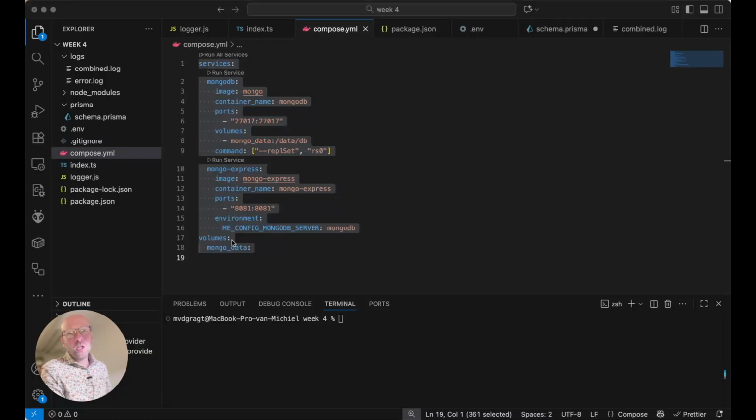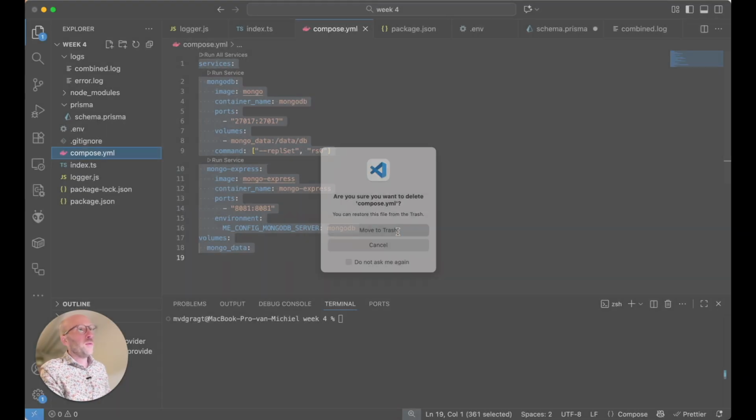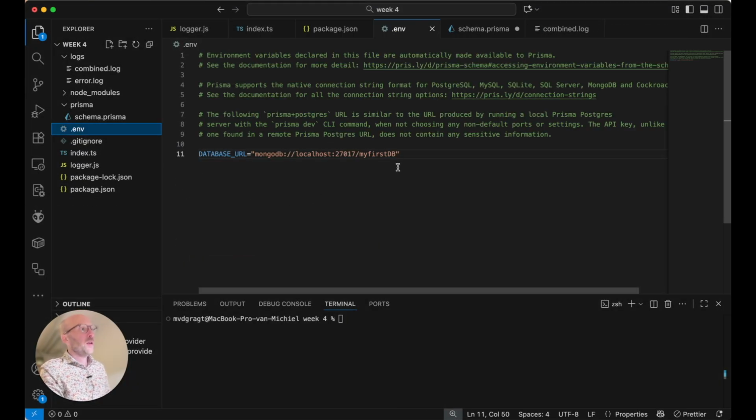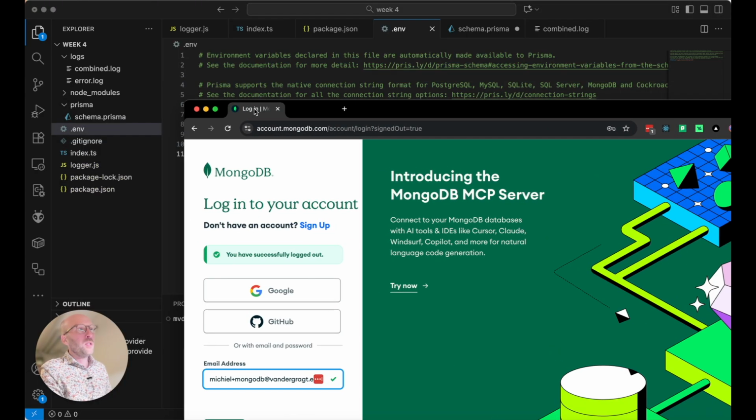Now at this point I'm actually not going to use the Docker file here because it's a bit painful with Prisma, so I'm just going to get rid of that one there, which means we need to update this one to another one. So let's go to this website here,